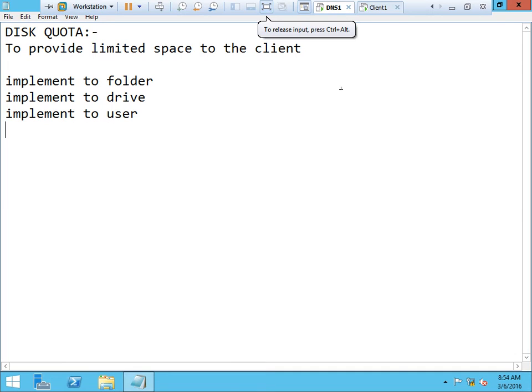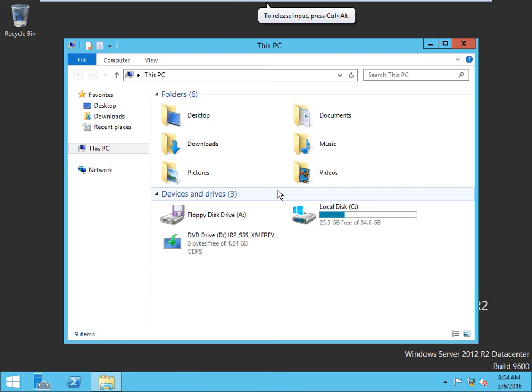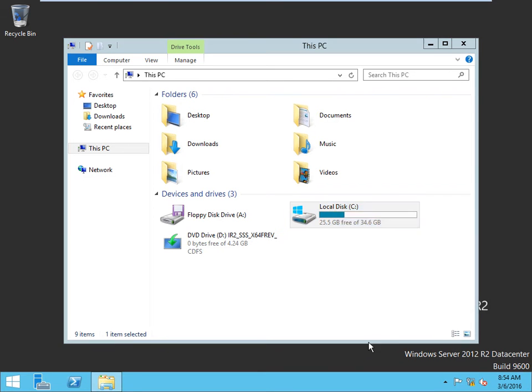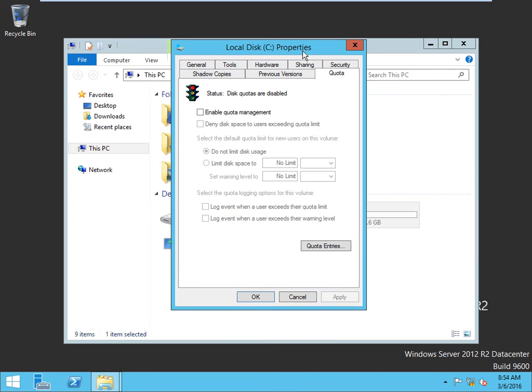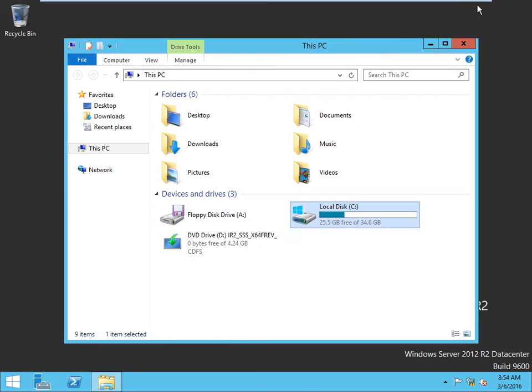Move to the server, close this, and right click on C drive and go to properties, quota, enable this quota, space 10 KB, suppose we will give a warning message at 9 KB, apply and okay.